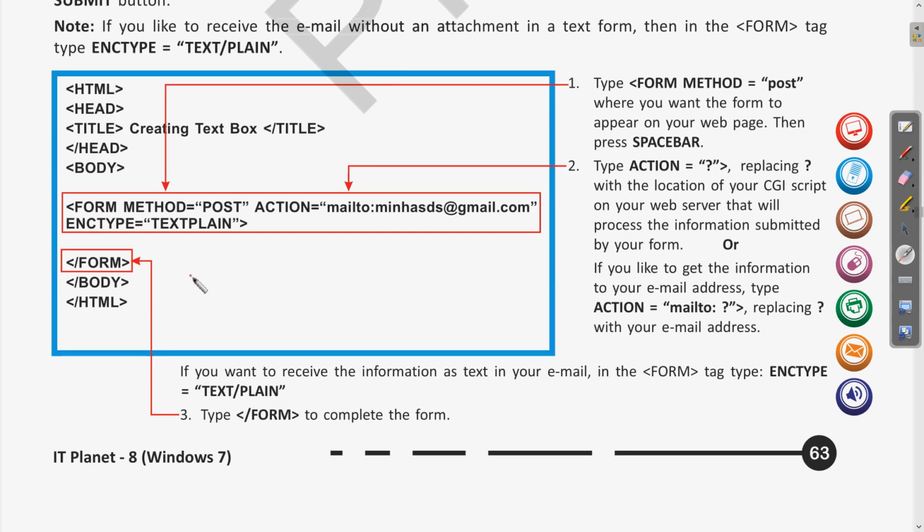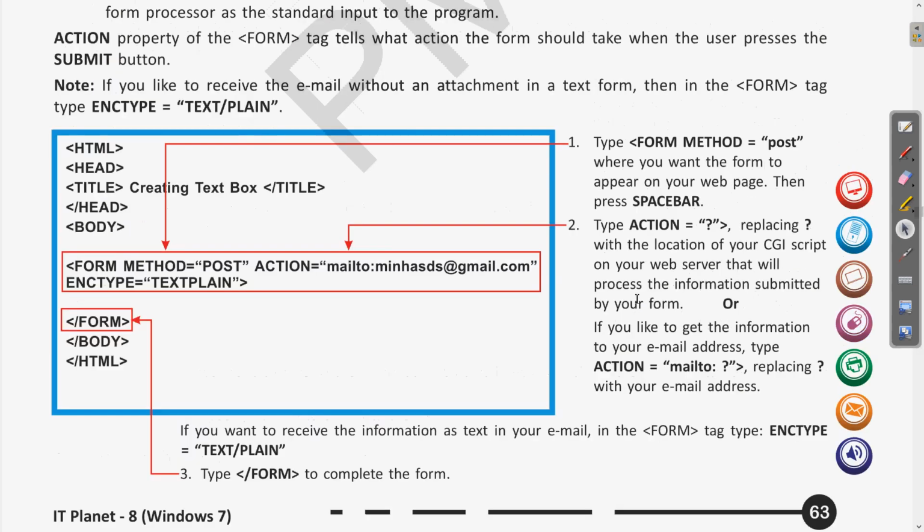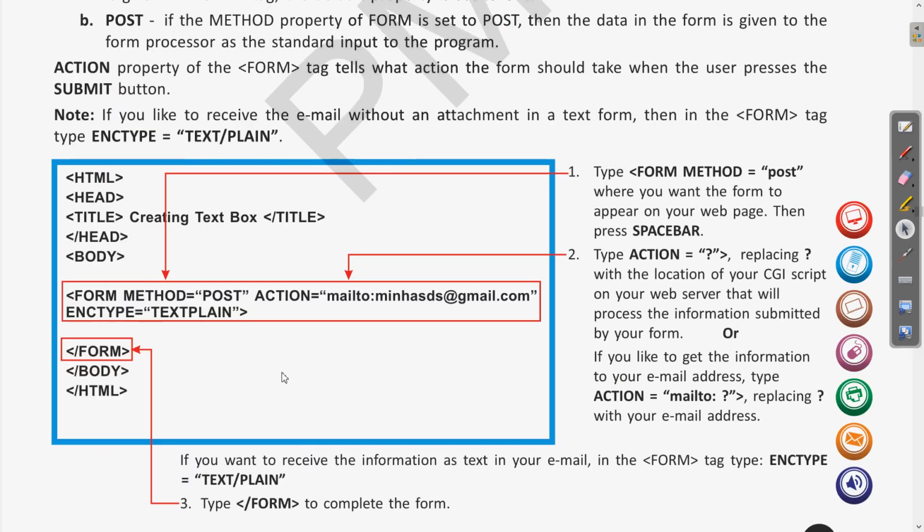Clear? And after that close this form with the form tag. So this was the basic layout of any form using the get or post method and the action which we want to specify in the form.